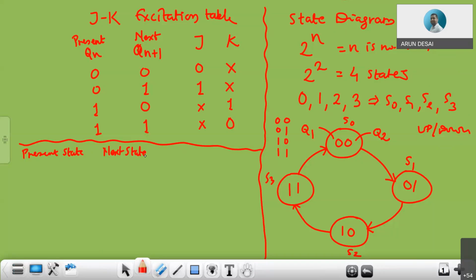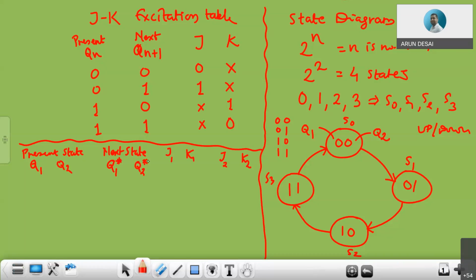Now this is a circuit excitation table. We have two inputs, that is J1 K1 and J2 K2, right? Those are the inputs, and two outputs, that is Q1 Q2, and next again Q1 Q2, which we will consider as